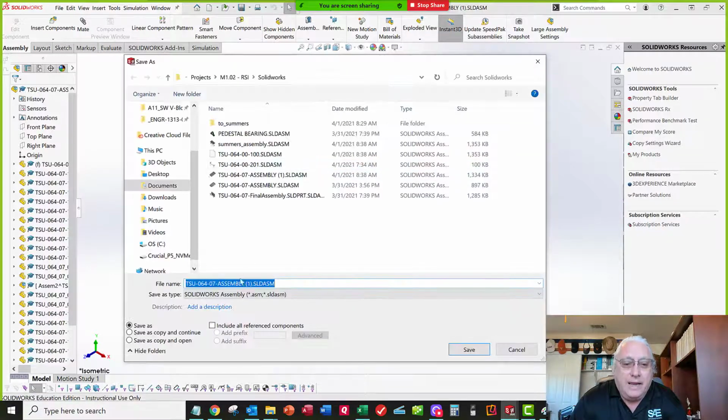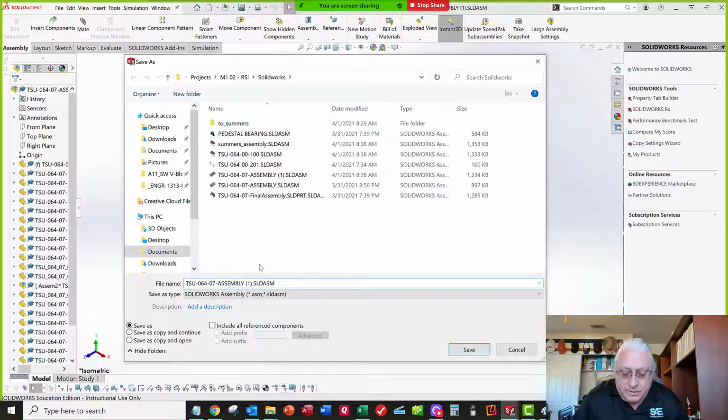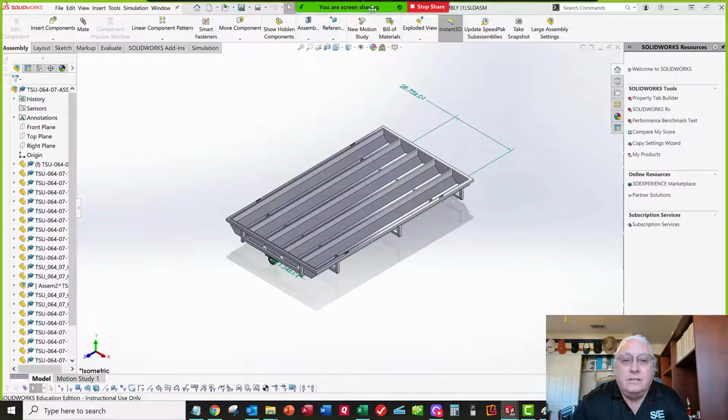And I want to give it a name of, not this crazy name, I want to call it dash 101. And when I do that, this is now called dash 101. And when I close it, once it gets through saving,